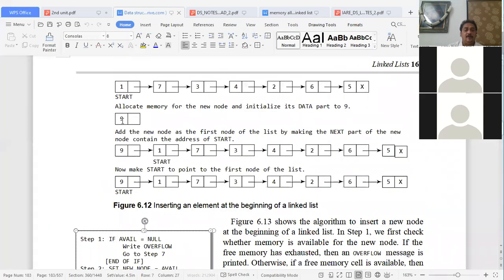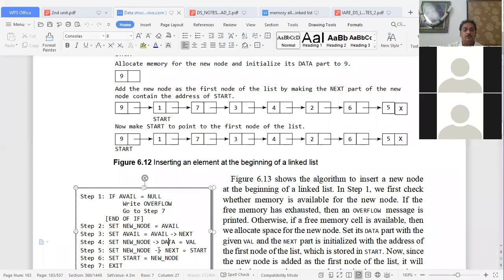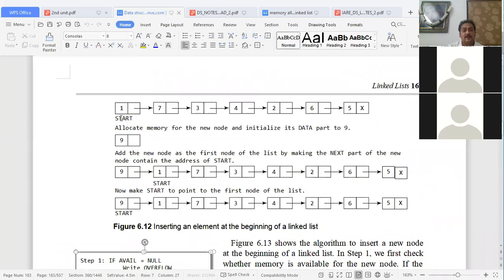Now put in new node next equal to, we are supposed to identify that: start. So set new node next equal to start. New node next means start, where start points. Initially the start pointer always points to the first node of the linked list.